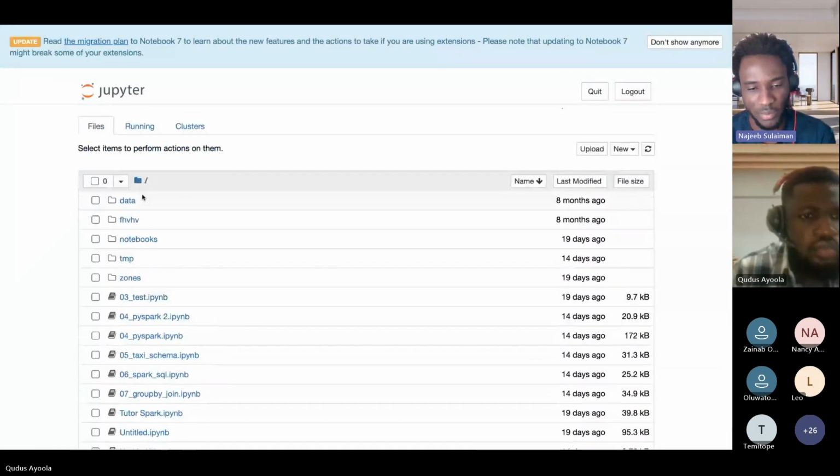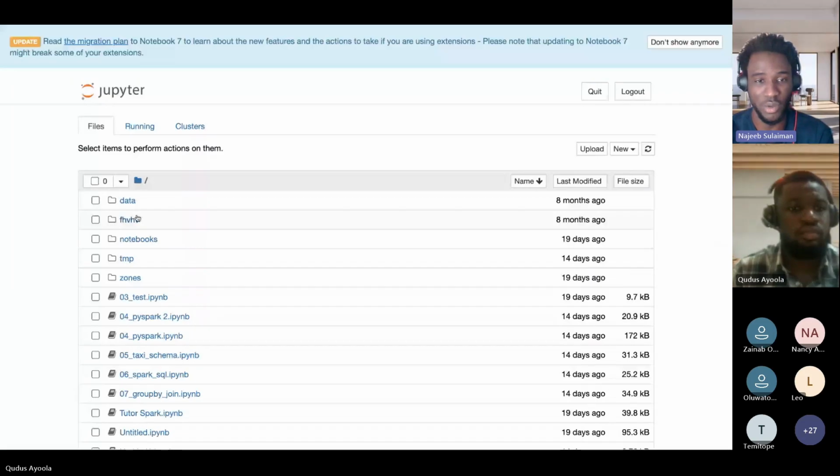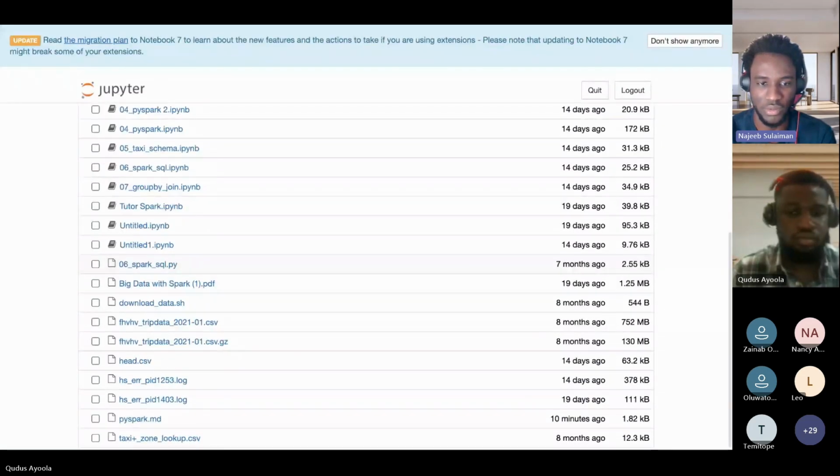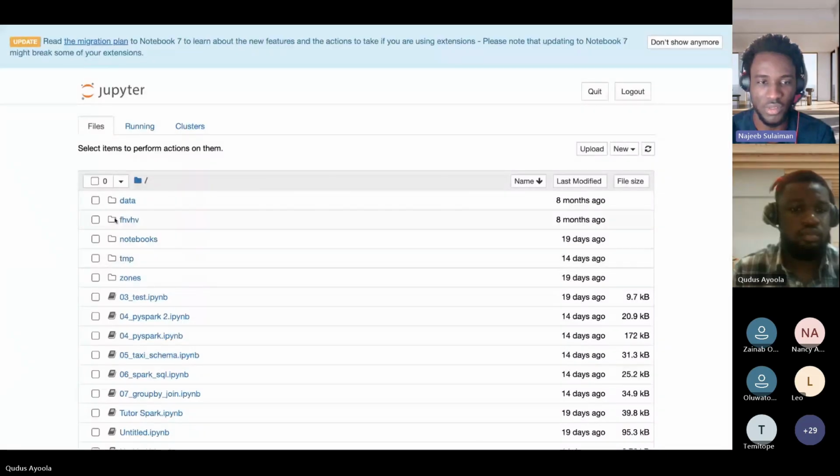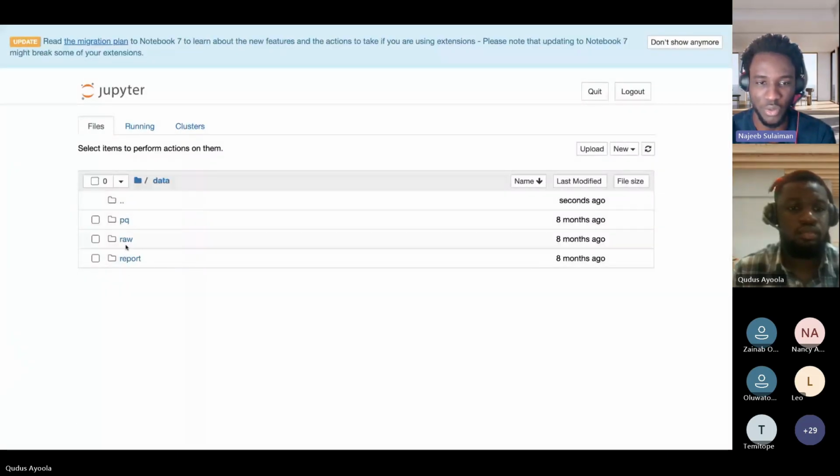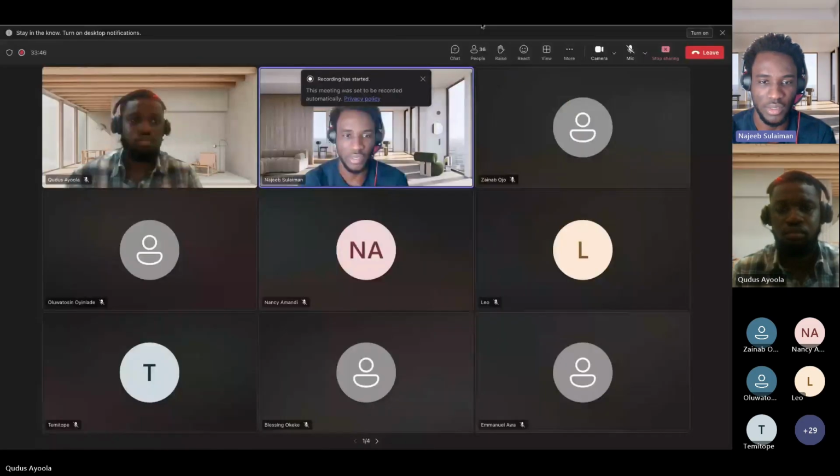In terms of the program itself, it's going to be a maximum of 2 hours. It would be nice if you can finish before that, but if not, you can accommodate up to 2 hours. After the presentation by Kudus, there'll be room for plenty of questions. But if you don't want to forget any question you have, you might drop it in the comment section and we'll pick it up when it's time for question and answering. If you also want to follow along, that is also possible. Every resource used, we'll get it from Kudus and we'll share it after the call.